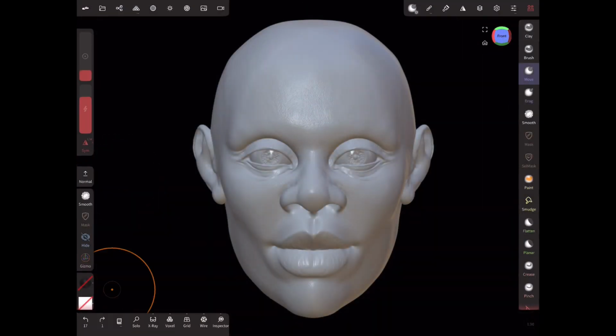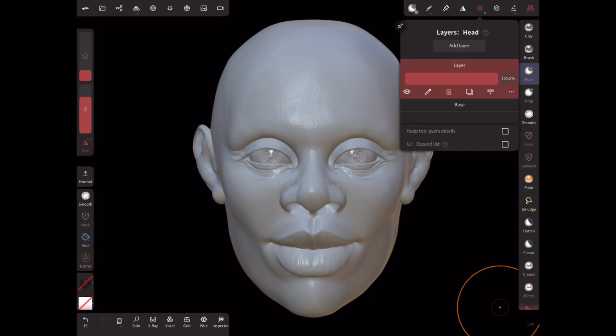Today I am going to show you how I create eyebrows and lashes in Nomad Sculpt. I am going to start with the eyebrows. I posted a video on creating my face and head recently, so go check it out for creating a head